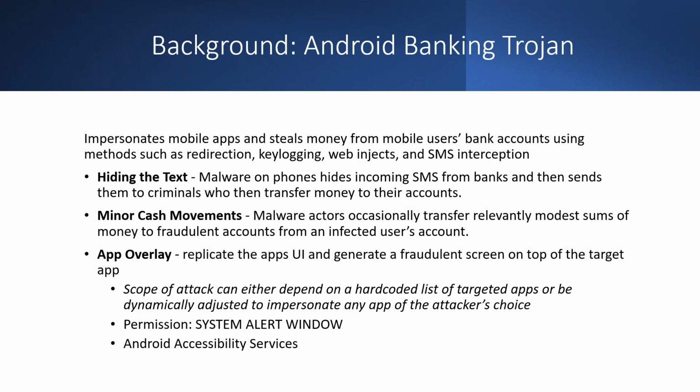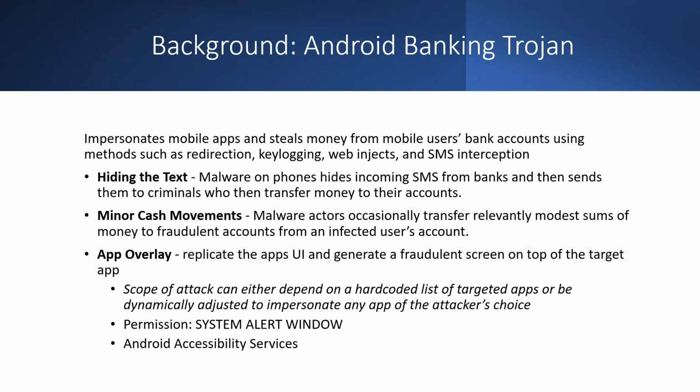Background on Android banking Trojans. A banking Trojan can impersonate mobile apps and steal money from mobile users' bank accounts using methods such as redirection, keylogging, web injects, and SMS interception. Methods include hiding the text. Malware on phones hides incoming SMS from the bank and then sends them to the criminals, who then transfer money